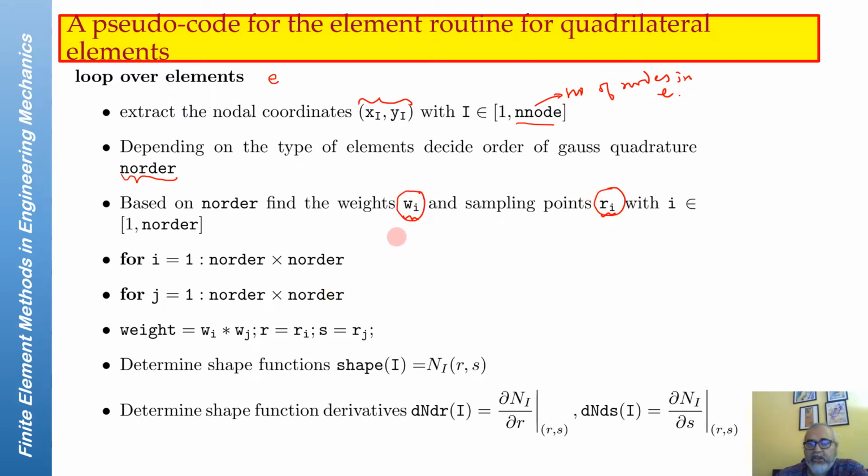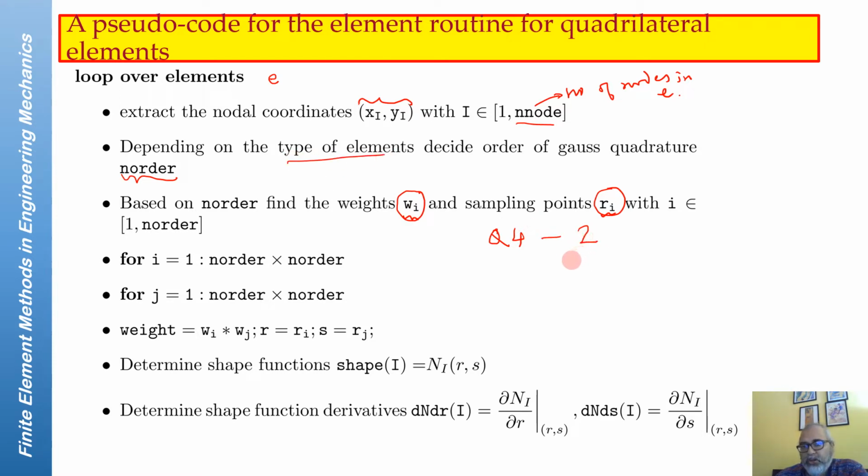Then for 2D, we will do a loop over ij going from 1 to n order to the power 2. For 3D, we will do a loop over ij and maybe another variable k, going to n order to the power 3. Let's look at it in 2D. So we have two loops here, both going from 1 to n order, and then we assemble. For a Q4 element, if we know the element type is Q4, we know that we